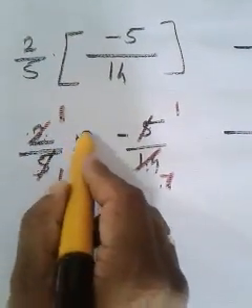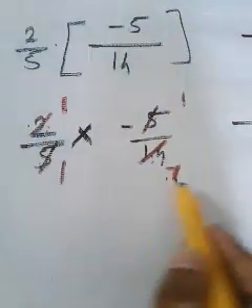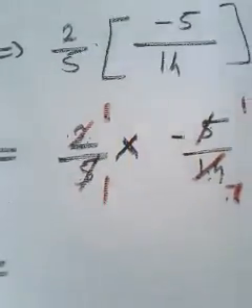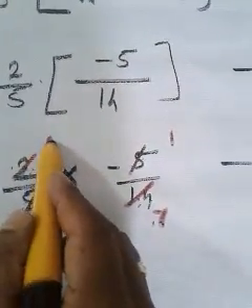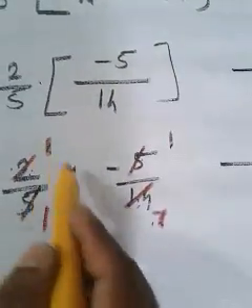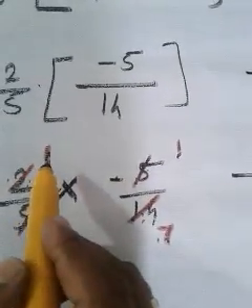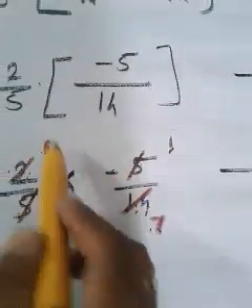Now you can multiply. Since the operation is multiplication, you can multiply the numerator and multiply the denominator. And don't get confused between multiplication, addition, subtraction. The processes are different. So what is 1 into 1? It is not 1 into 1, the minus is remaining there. Don't forget that. So you have to read it as 1 into minus 1. What is 1 into minus 1? Minus 1. And the denominator, 1 into 7, 7 minus.